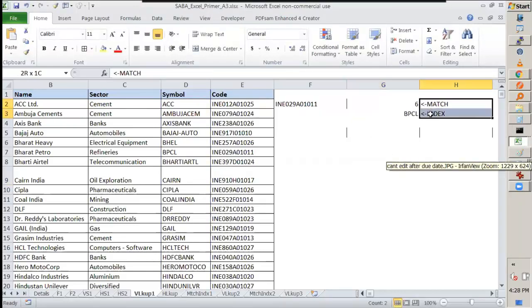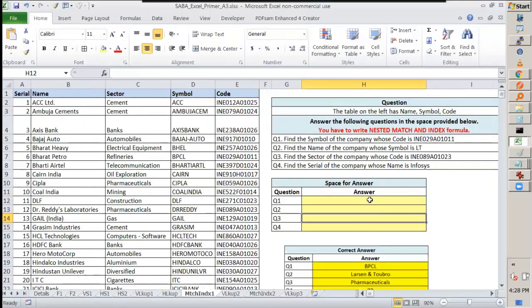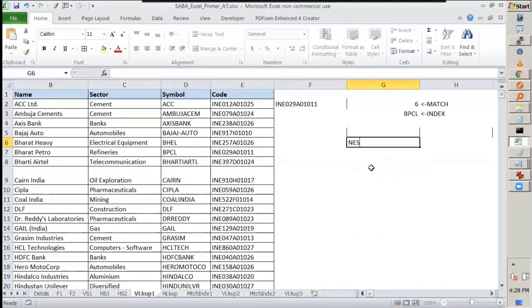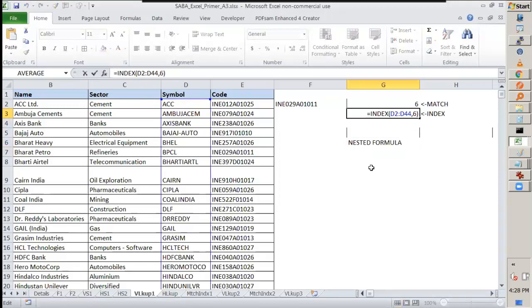But now you are writing two different formulas, and most of the time, like with MATCH and INDEX, I have given you only one cell. So I am not interested in a two-cell formula. We are interested in a nested formula. That is the crux. You should learn nested formulas. How do you do a nested formula here?